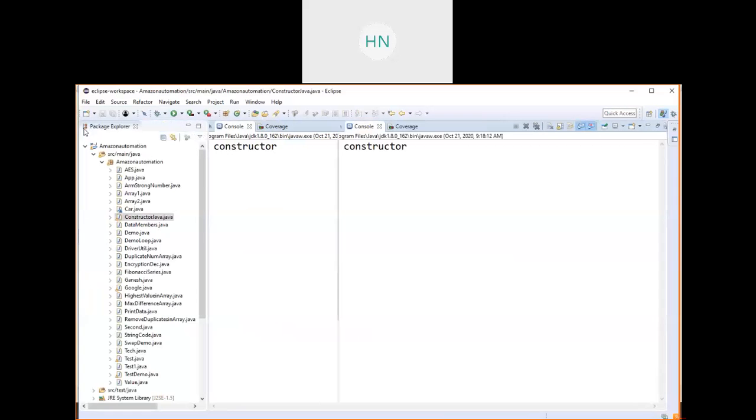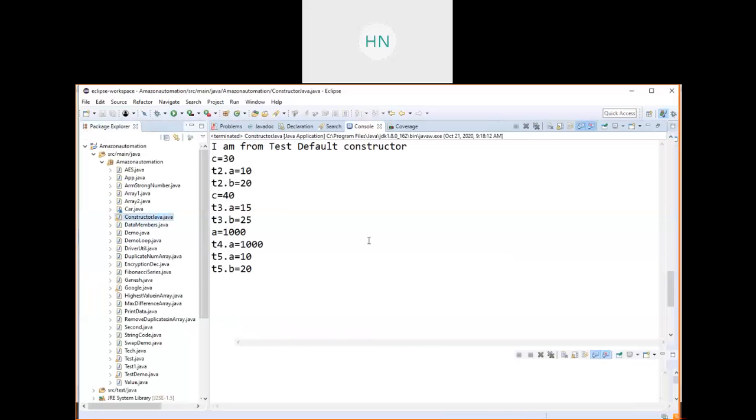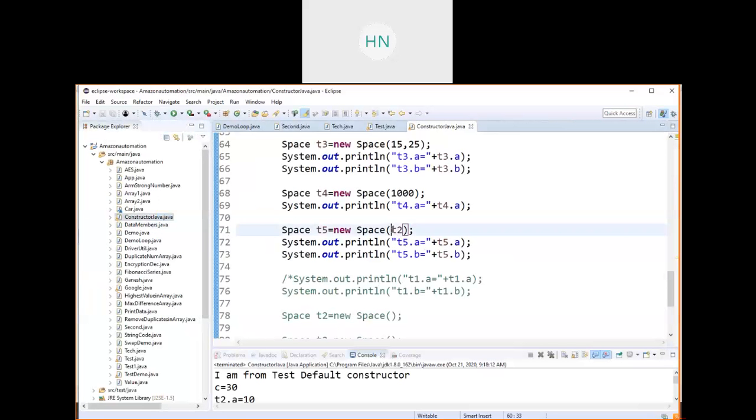This is nothing but my object parameter constructor. I am passing an object as a parameter to my constructor. Why am I passing it? I wanted to copy the same data which is available inside this object to this object. Both objects belong to the same class. That is the reason I am copying this object's data to this object, and for that purpose I am using an object parameter constructor.